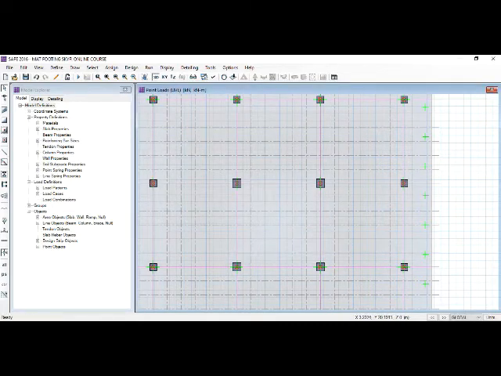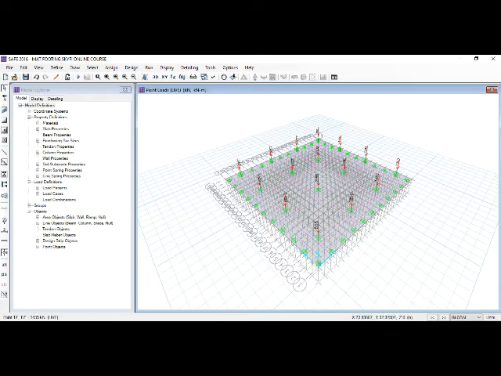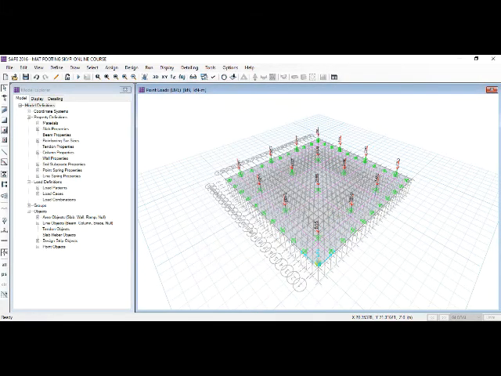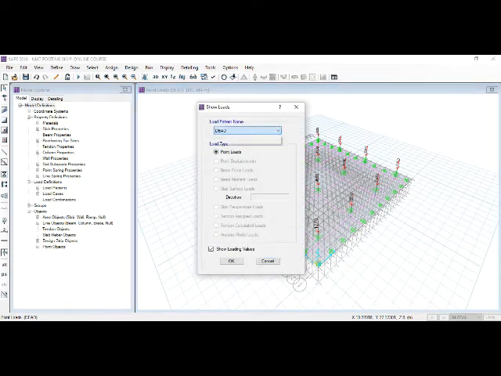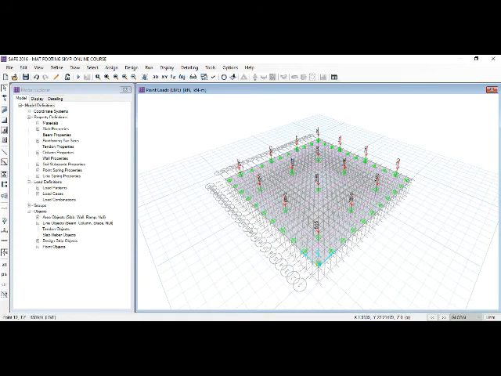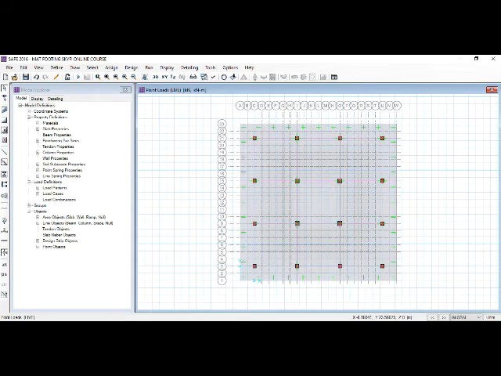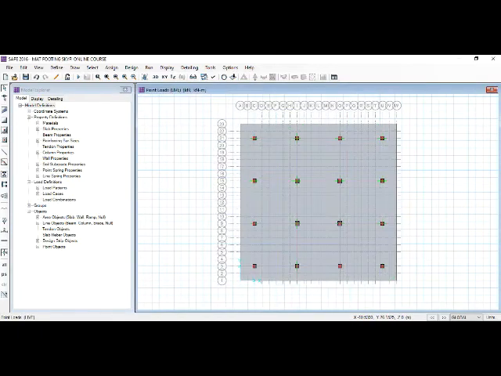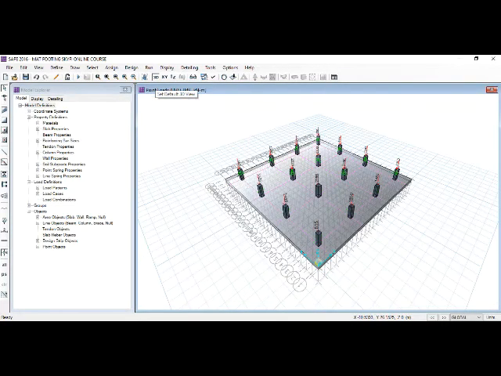Once you apply the load for the internal columns for the live load, you can go for the 3D view and you can see the dead loads and live loads for each and every column with their respective values at the respective positions. So once you apply the loads, then you have to go for the load patterns, load cases and load combinations. You can see the extrude view of the entire framing system by going to display options and extrude view.